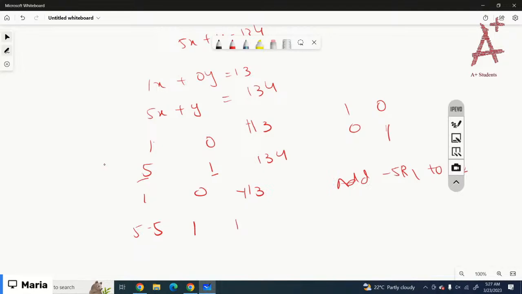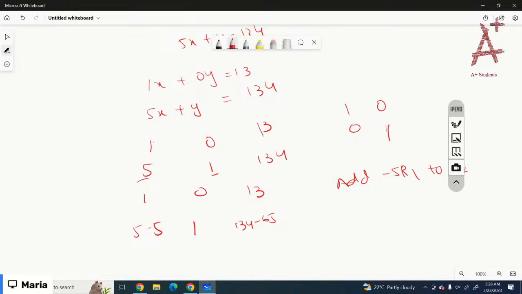No, hold on. Not 113. This is just a 13. I made a mistake here. Here you have 13. You're going to multiply, so it would be 134 minus 65. Got it? So 134 minus 65 is